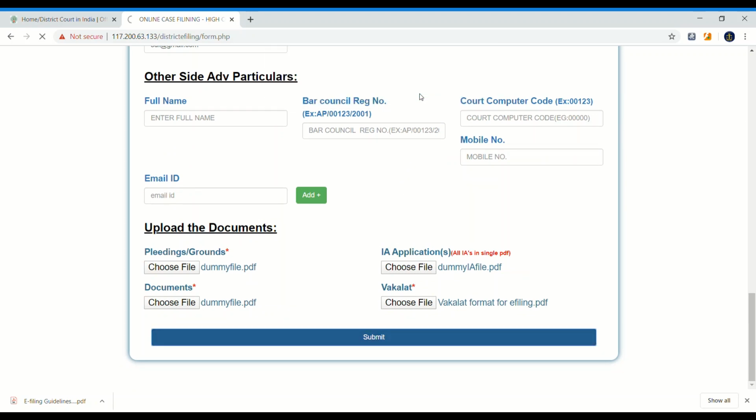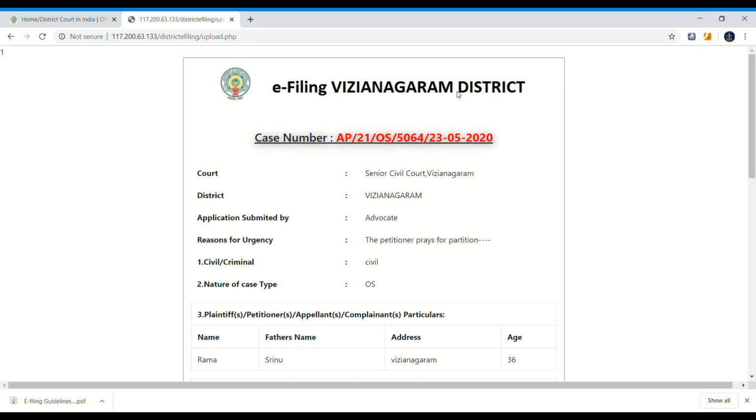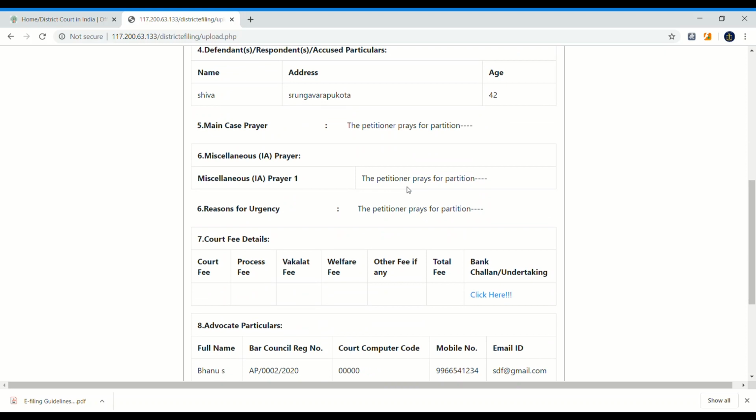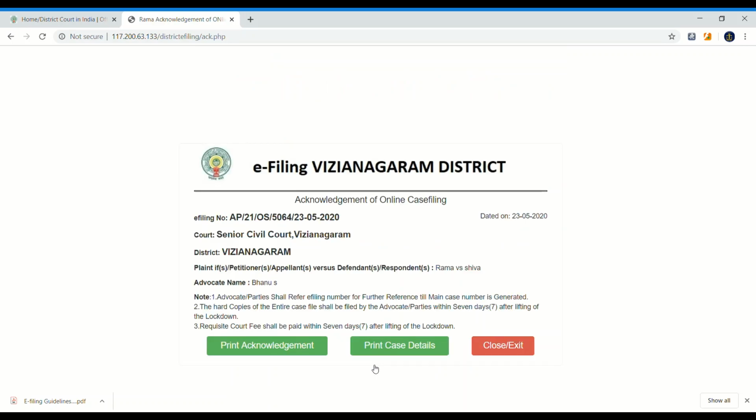Submit and OK. And then if all the mandatory fields are filled correctly, the page will be redirected and prompt a message that data is inserted successfully. Just click on the OK button. Then we get the details that you entered earlier, as shown in the screen. Then click on the next button, and we will get the acknowledgement slip.